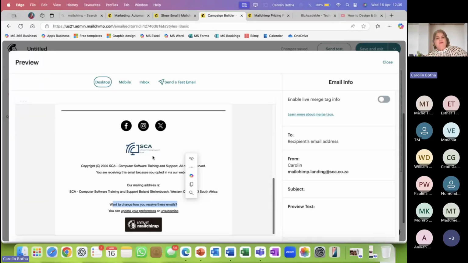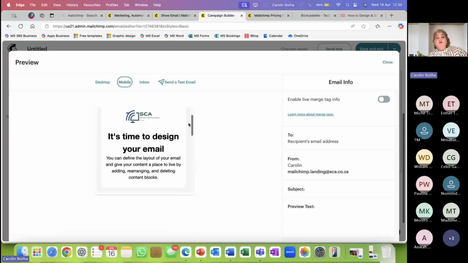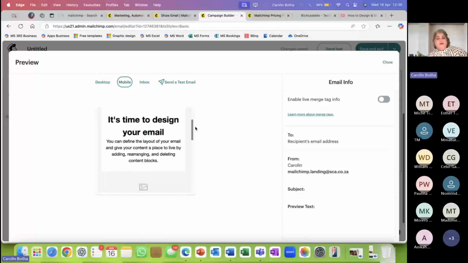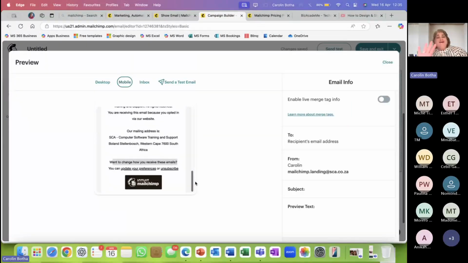Now look at this. While you're busy previewing this campaign of yours, you can preview it in a desktop mode, as we're doing at the moment, and you can also preview it in a mobile mode. So you can see MailChimp is totally geared.